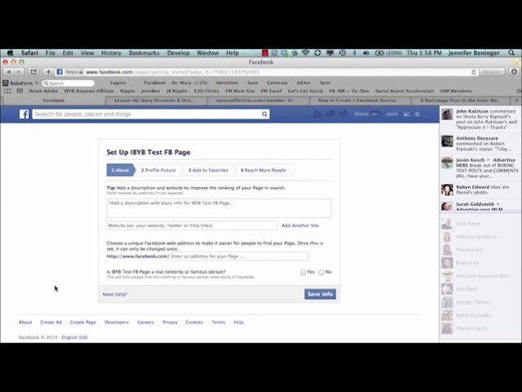So the first thing is to put your about description in here. Now, I wanna stress that I would encourage you to use keywords in your description. We get a lot of people asking, hey, how can I have my website front and center? It would be by putting it in this section. So that's what we're gonna do. We're gonna put our website,